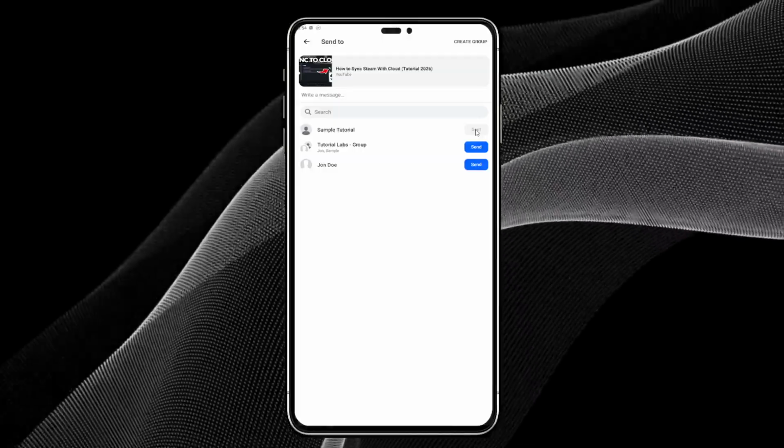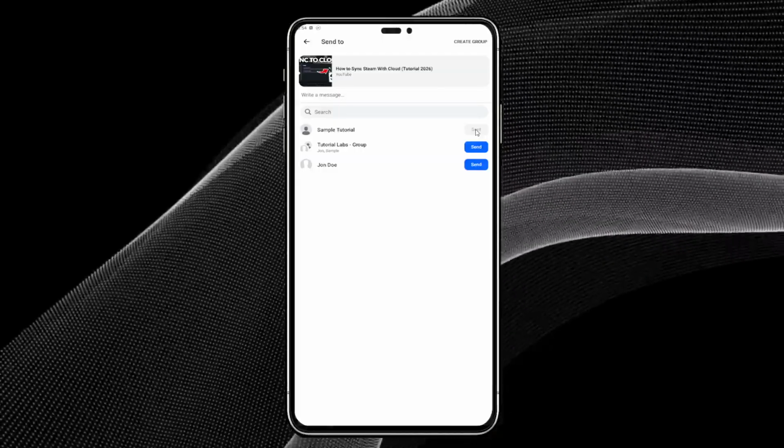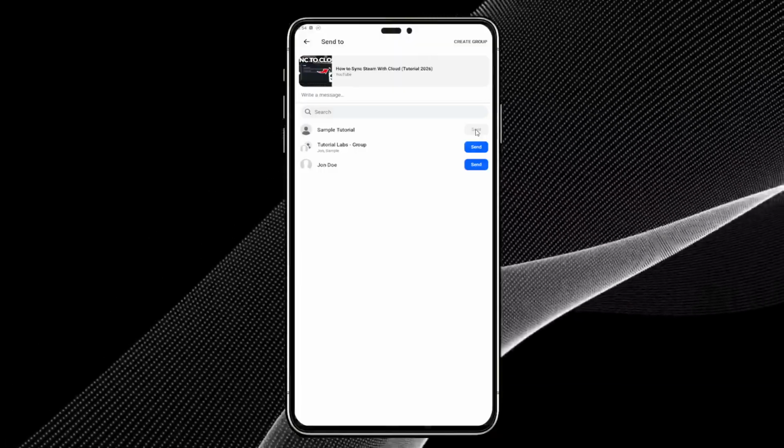And that's it. You've successfully shared a YouTube video through the Messenger app, allowing your contacts to enjoy the content you found